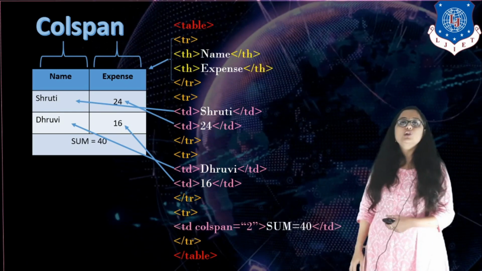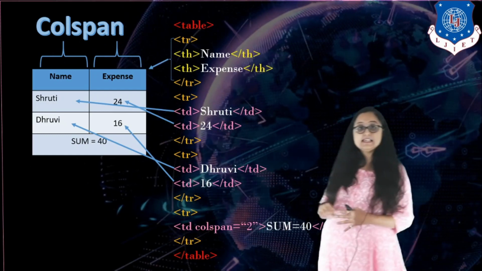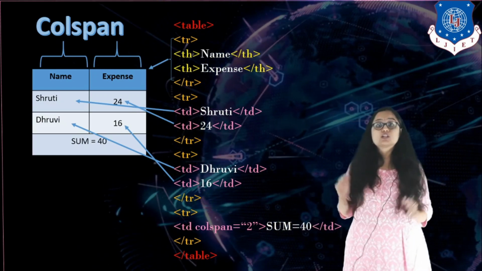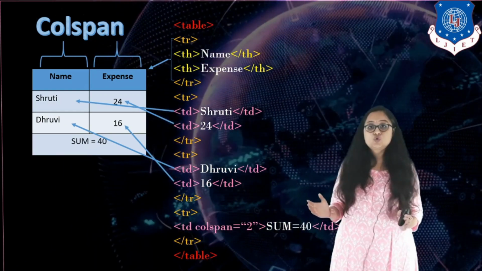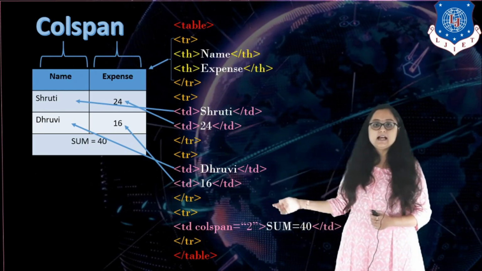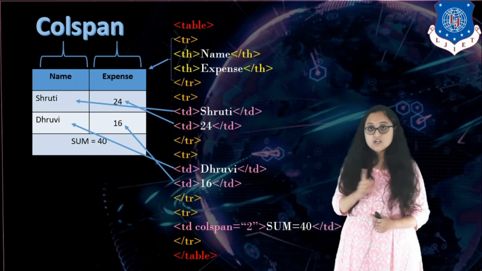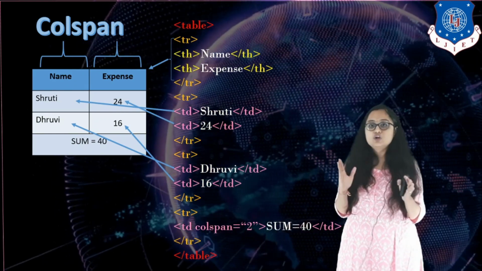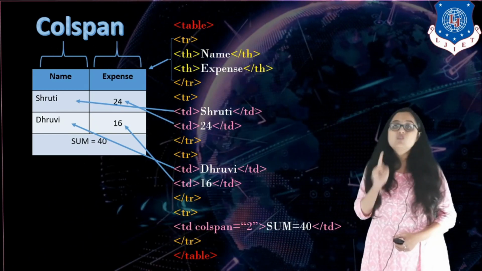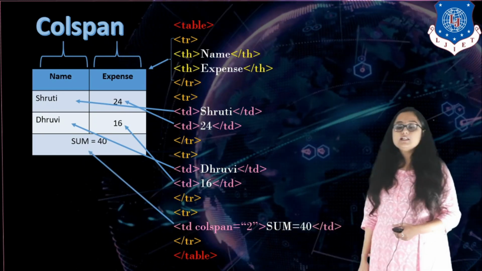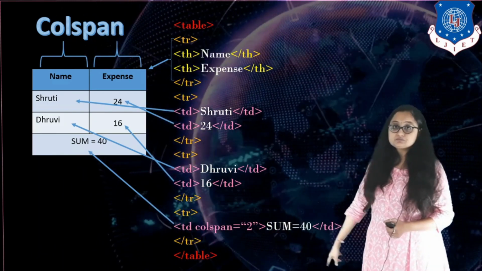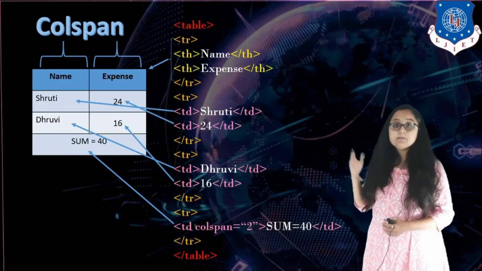Now comes the fourth row. In fourth row you can see that fourth row is not a simple row. Instead it is the combination, or it is combining two columns for making one row. So in the fourth row you can see that I have specified only one TD, because both the columns are combined. So how many columns are there now? Only one. So you don't need to specify any other column. So there will be only one TD. For one TD, what is the thing that I have specified? Exactly, because it is a spanned row, it is combining two columns.